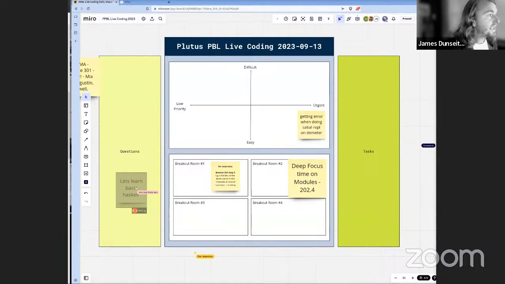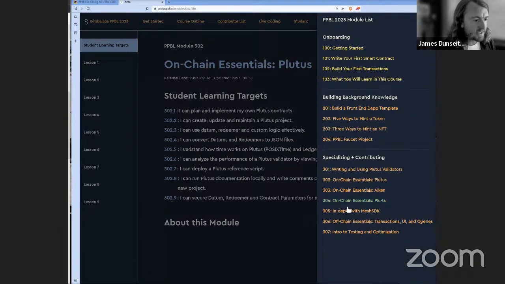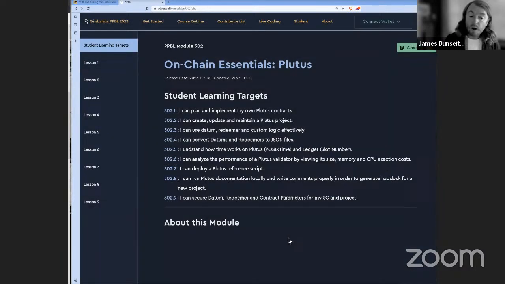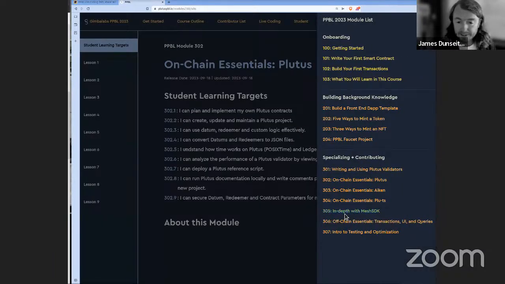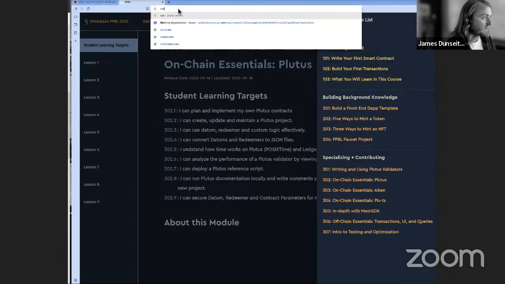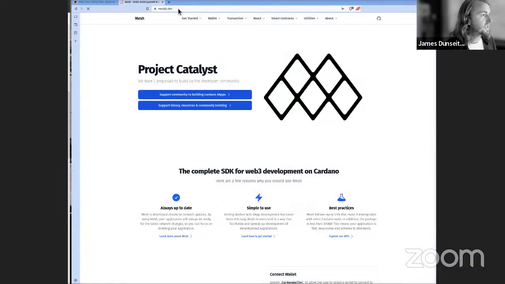And so first of all, again, on coming attractions, we're going to get to mesh in a deeper dive soon. And one outcome of this module could be that we try to build some additional templates. That could be really exciting. But let's go take a quick look at the mesh documentation. It's mesh.js.dev, right?